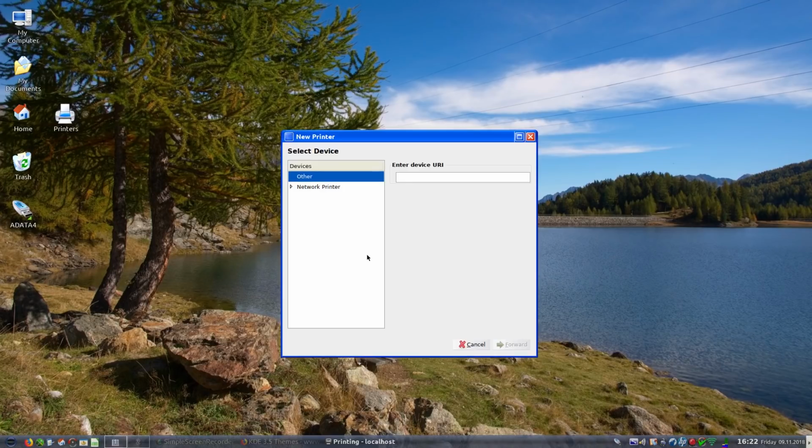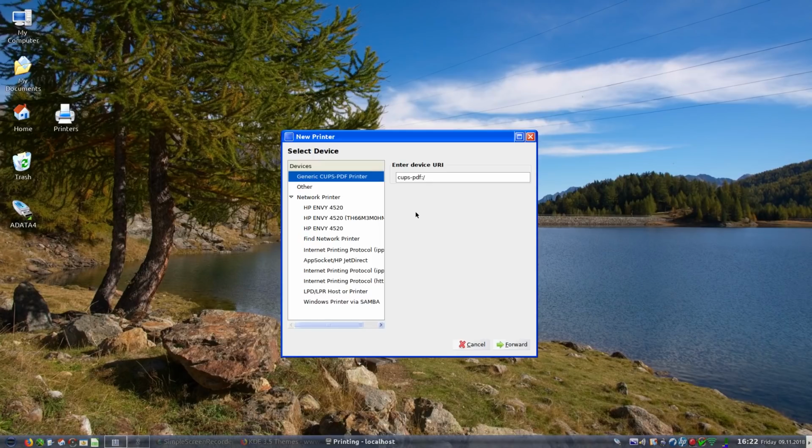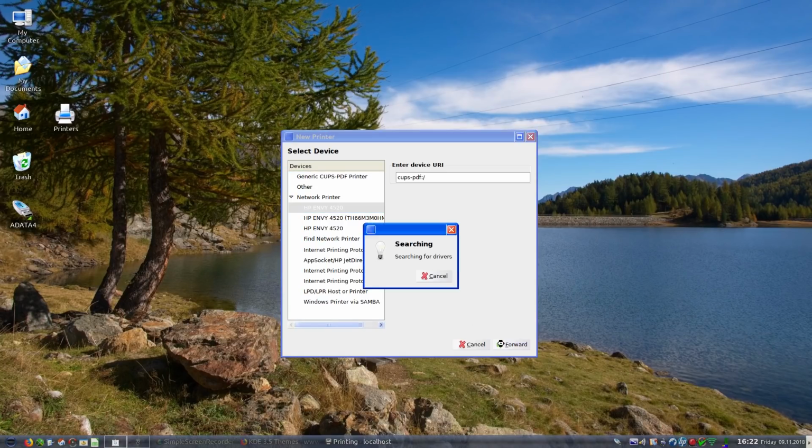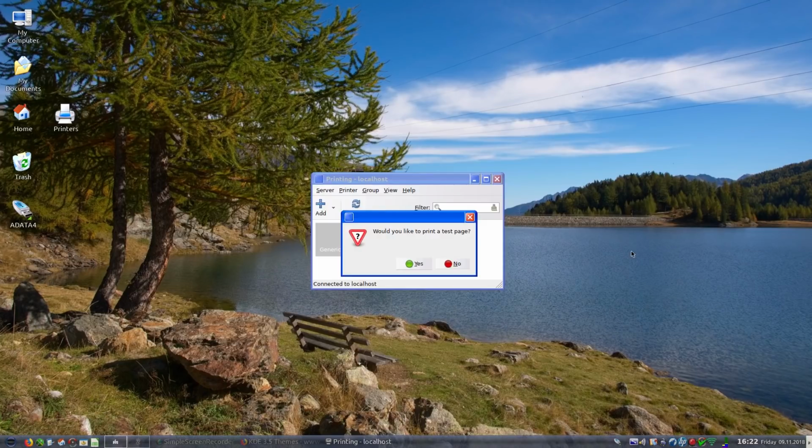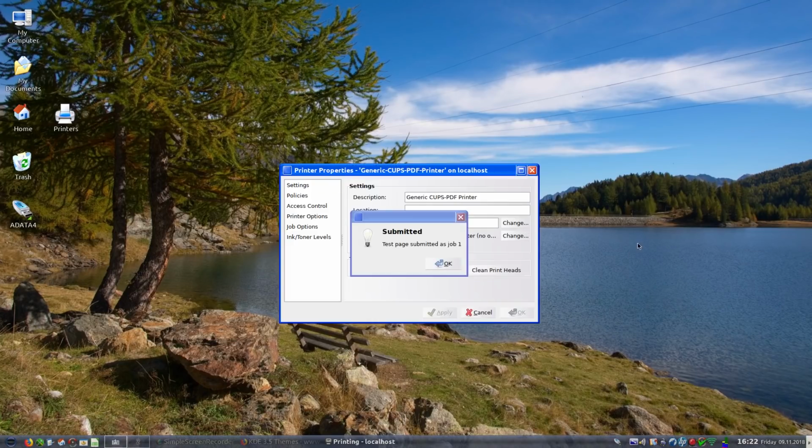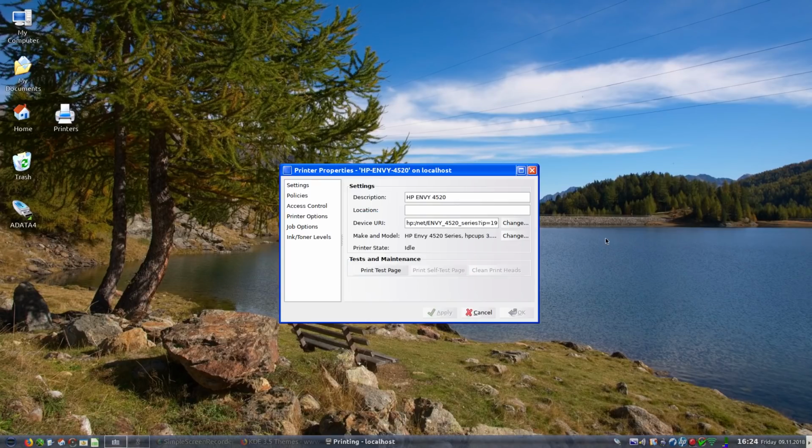Let's add a printer, network, find a network printer. That's my printer there. That one there, forward, and apply. Let's print a test page. So the test page has printed, so it was a matter of selecting